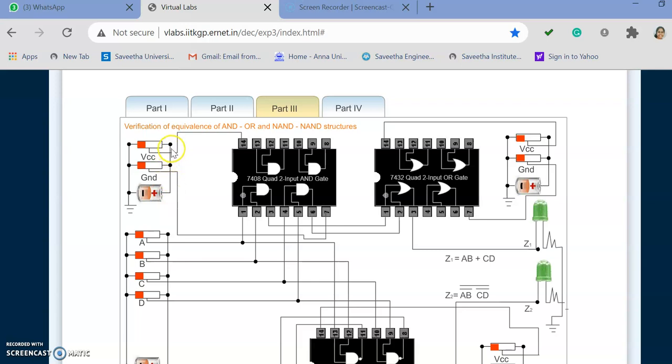Both the VCC terminals are going to get positive, and ground means it has to be connected to ground. We have to connect VCC and ground properly. So VCC has to be at 1 and ground has to be 0. This is the condition for us. So for this particular experiment or whichever experiment, we need to connect VCC and ground. VCC will be kept at 1 and ground will be kept at 0. This again we should not forget.